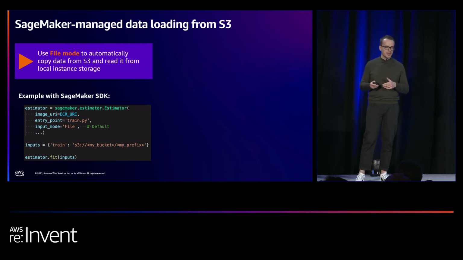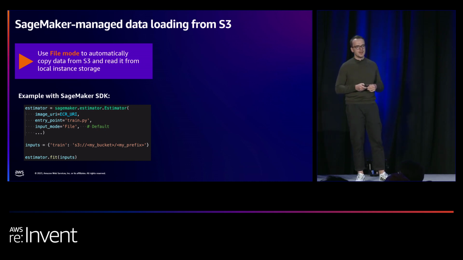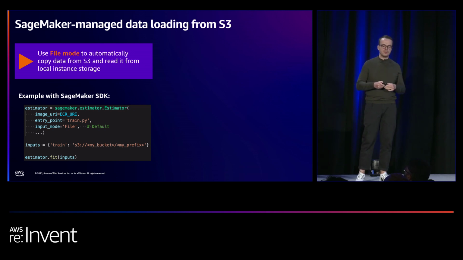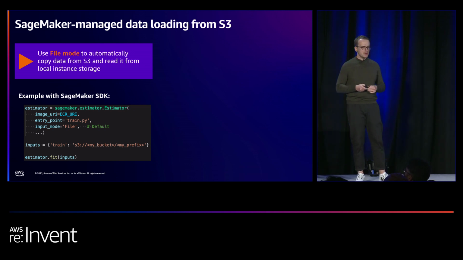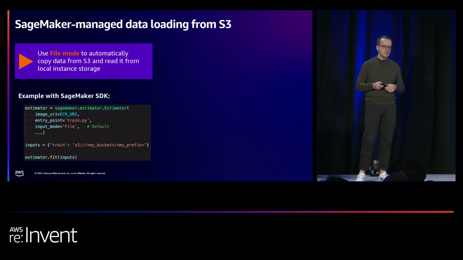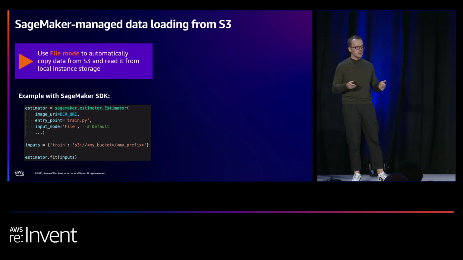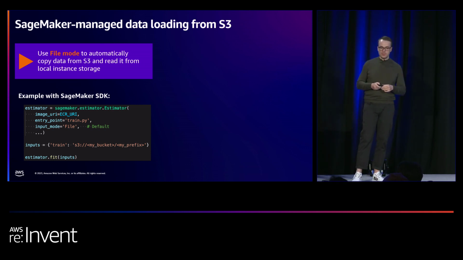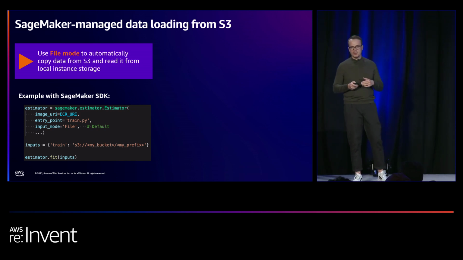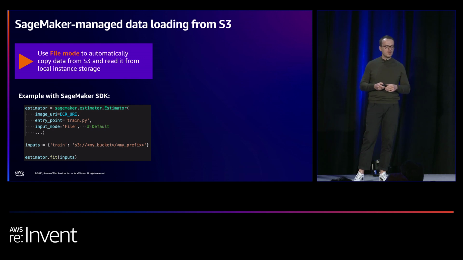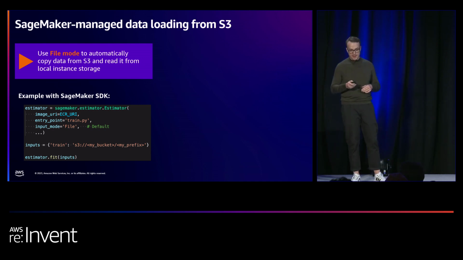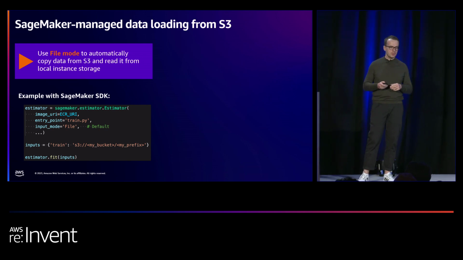So first you instantiate an object that is called estimator, which is nothing else than a collection of different configurations in order for SageMaker to know how to execute the training job. For example, you specify the image URI of your container from the Elastic Container Registry. You point the estimator object to the custom training script, and then you specify the input mode, in this case file mode. You specify the inputs, in this case it is the S3 prefix, and then you kick off the training job by calling the fit function,